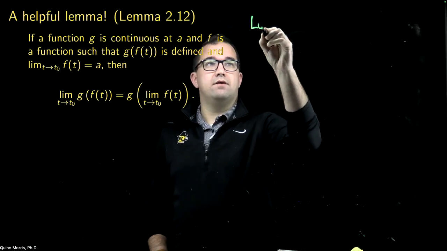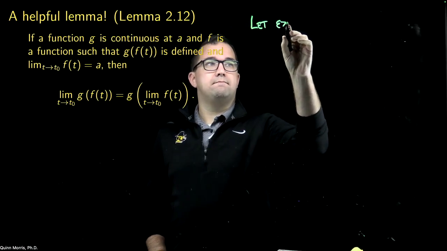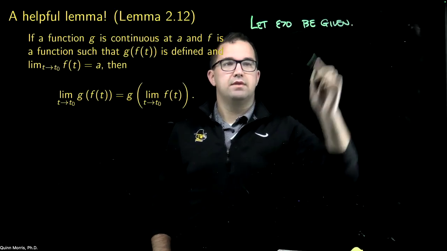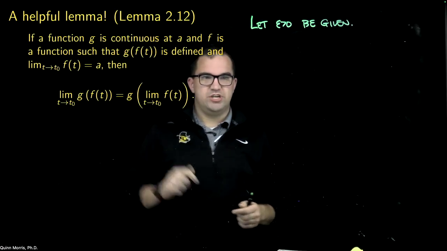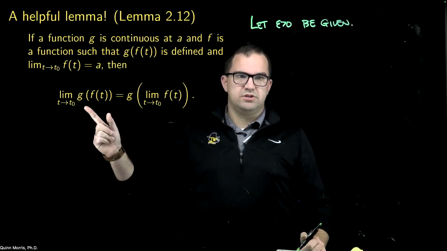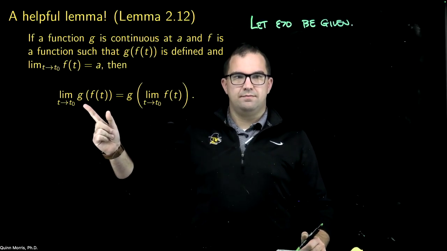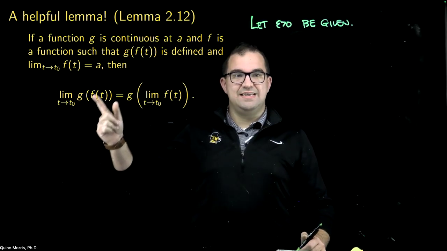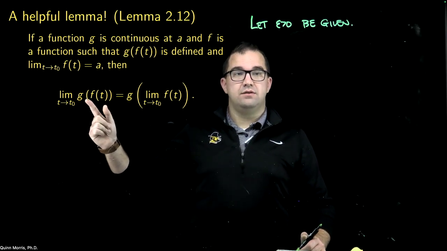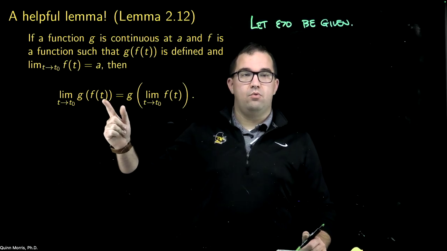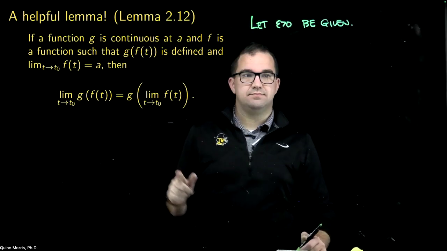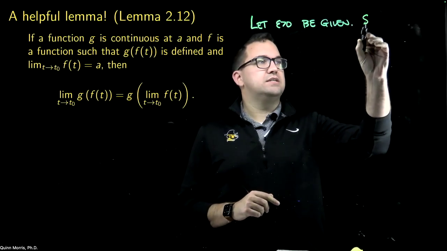So let epsilon greater than 0 be given. Now, in this case, I have two functions. I have f and g. What I want to first note is that if I can get my f of t's close enough to a, then g of f of t will have to be close to g of a. This is a in this case. So since g is continuous